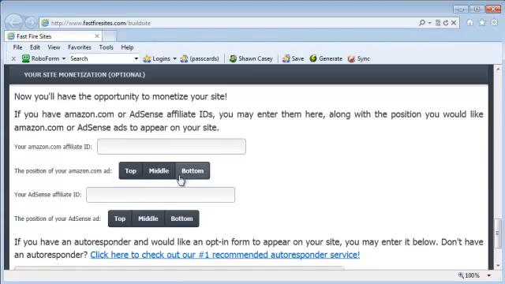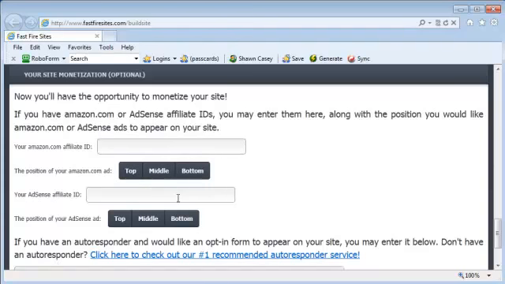And then you can choose where you want the ad to be, top, middle, or bottom. Or you could use Google's own AdSense program where they're going to pay you for everyone who clicks on an ad. So that they'll literally be sending you traffic and then paying you when someone comes to your site and clicks on an ad. Pretty good, huh? So you just put in your AdSense affiliate ID, again, free to join their program, put that in there. And then down the bottom here, you can also put in your own opt-in form if you like it to appear on your site, so that you can collect opt-ins and build your own targeted list. Once you enter all that